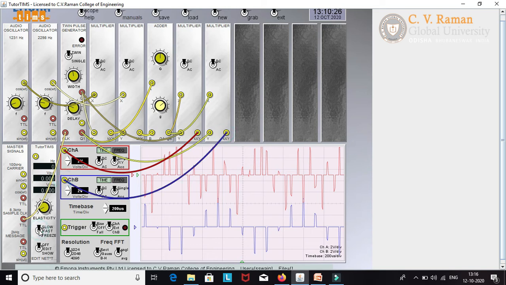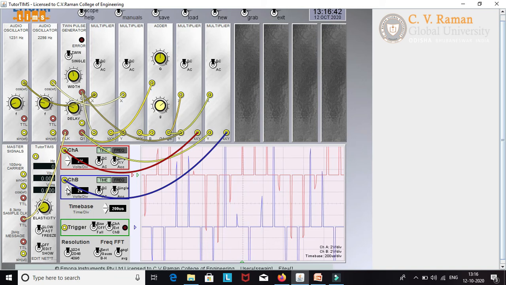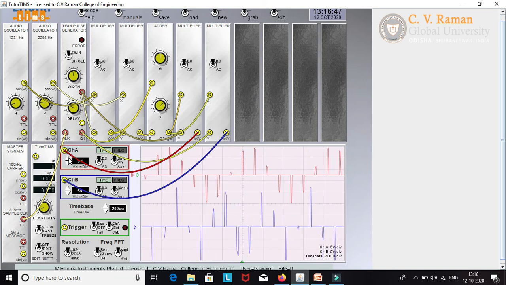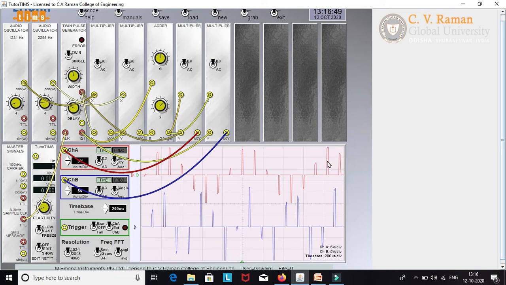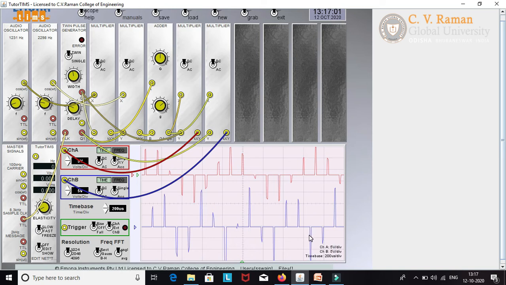So now I am moving to slow mode of the switch. Now if you see, I will adjust this one to 5 volts per division. Now if you see, I am able to recover sample 1 and sample 2. Clear now? So first we added these two samples to get the TDM signal. Again at the receiver, we are able to separate the samples. Sample 1 and sample 2 now are separated.